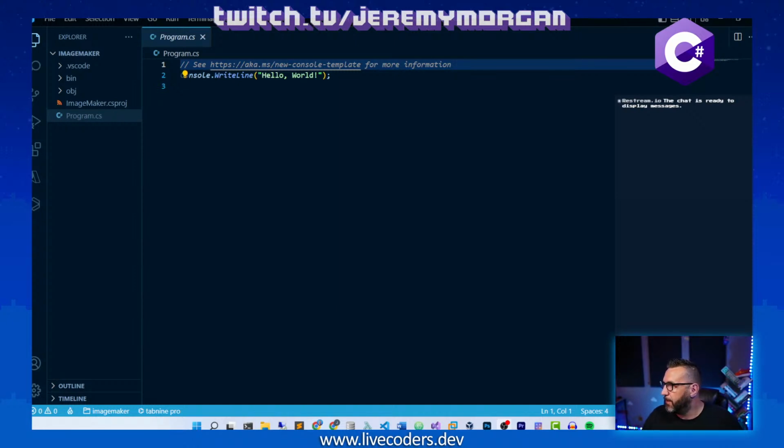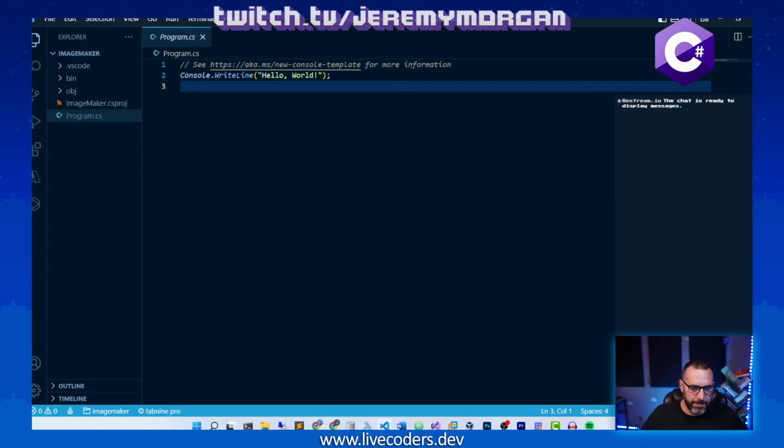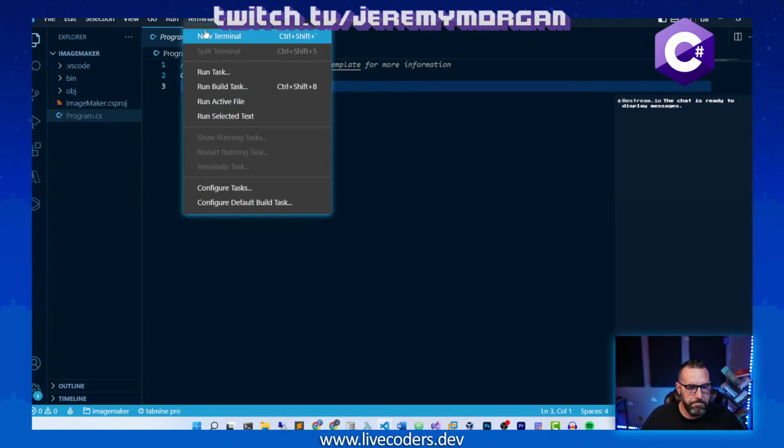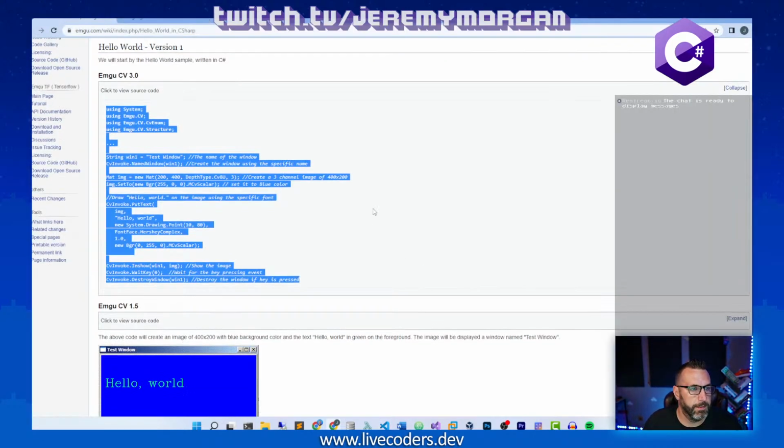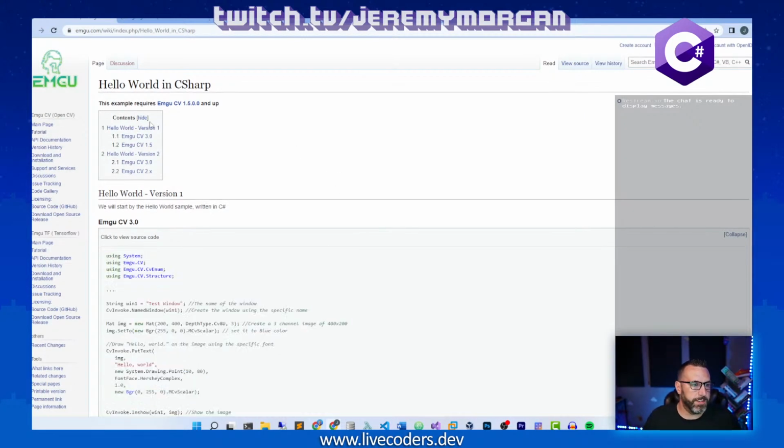Opening up a chat window here so I can make sure and see. So this is just a .NET console application. Go .NET run. It says, hello world. Great. So I'm going to go here and we're going to install this EMGU, which is a wrapper for OpenCV for